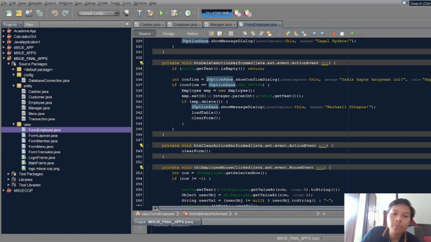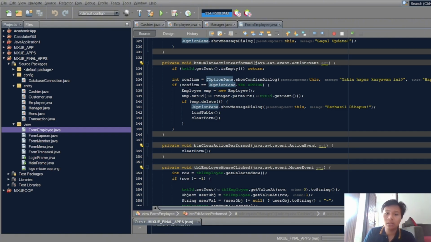Button delete is for deleting the data. First we pick one data of the employee. The data is from txt id; if get text is empty, return. That means we must pick one.